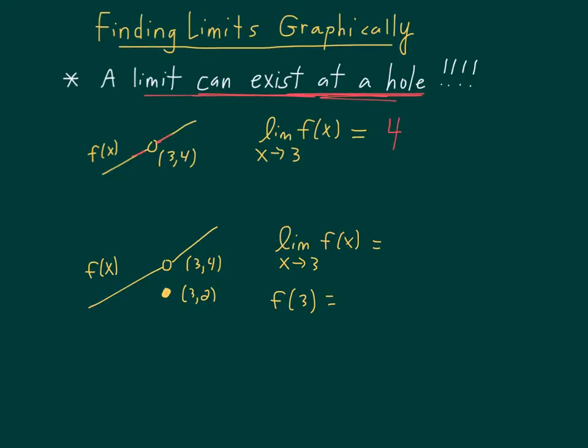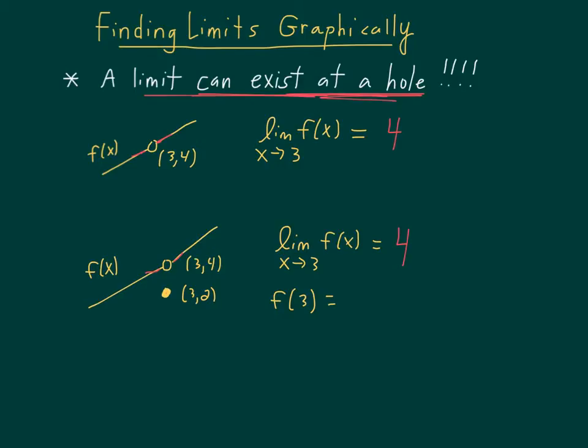Okay, so here's another example to jot down. Once again, we have a graph of a function. And notice this time, we still have an open circle at (3, 4), but we have this point down below where it's defined at (3, 2). We still wish to find the limit of our function as x approaches 3. And we also are looking to find f of 3. Well, our limit is not going to change. It is still going to be 4. As we get closer and closer to 3 from each direction, the limit, or the height that we are approaching,